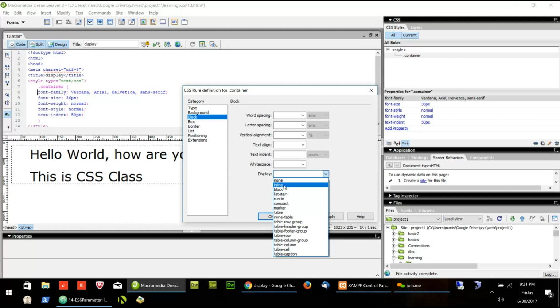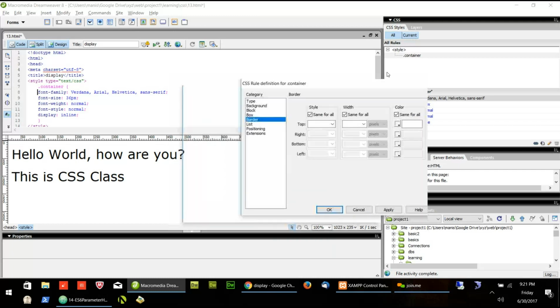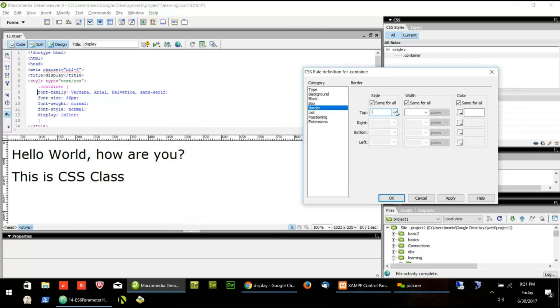So inline, we have seen display inline. Display inline means they will behave like a span. But since I created a new paragraph, that's the reason this is coming in new line. But if I give the border, style is solid, it's a 5 pixel color black.